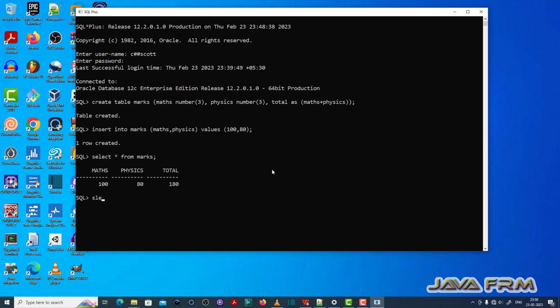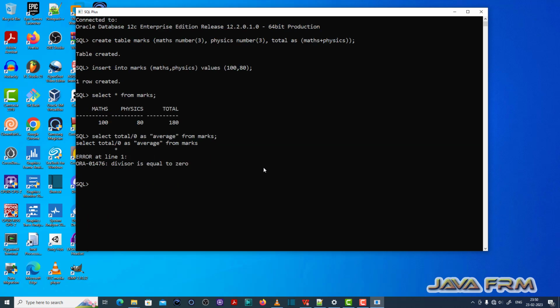Okay, now select total divided by 0, okay, as average, okay, from marks. So you can see that